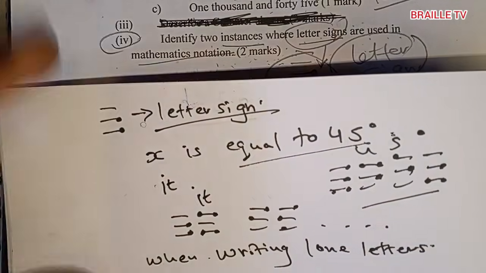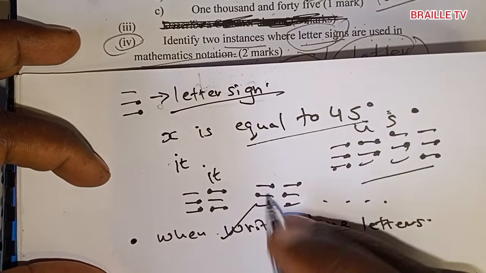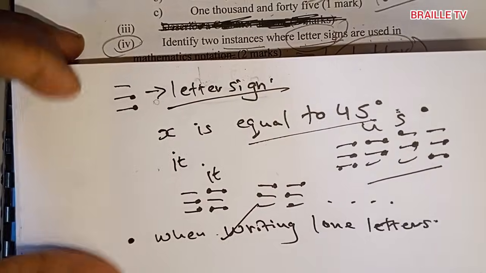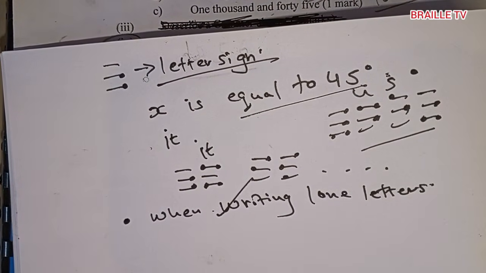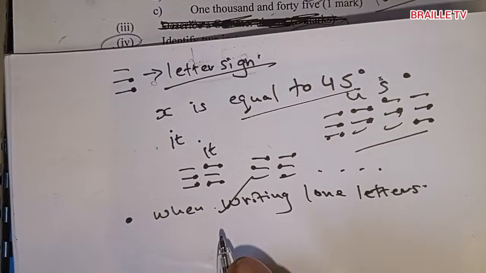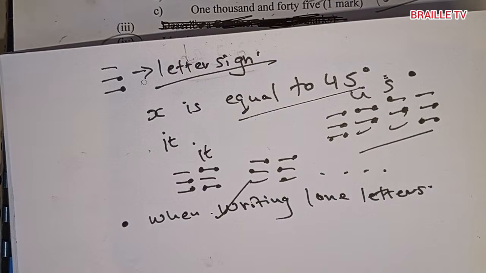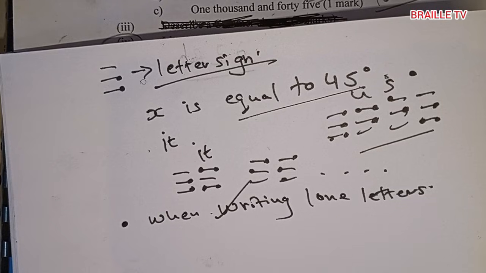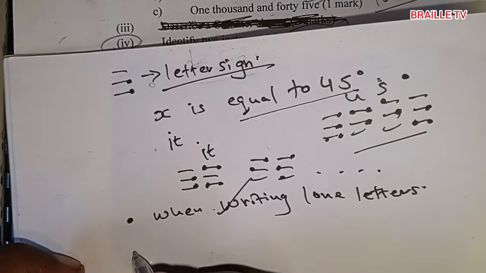Okay? Good. Now let us come to the next example. So we have learned that when writing long letters, you use what? The letter sign, so that you don't confuse it with simple upper word signs or any other contraction. Good. Again, you can use letter signs when the letter begins a mathematical expression in ordinary print. For example, when a letter starts a word, you know, for example, let me think about something. We say this: when the letter begins a mathematical expression, okay? For example, let me write the answer here: when